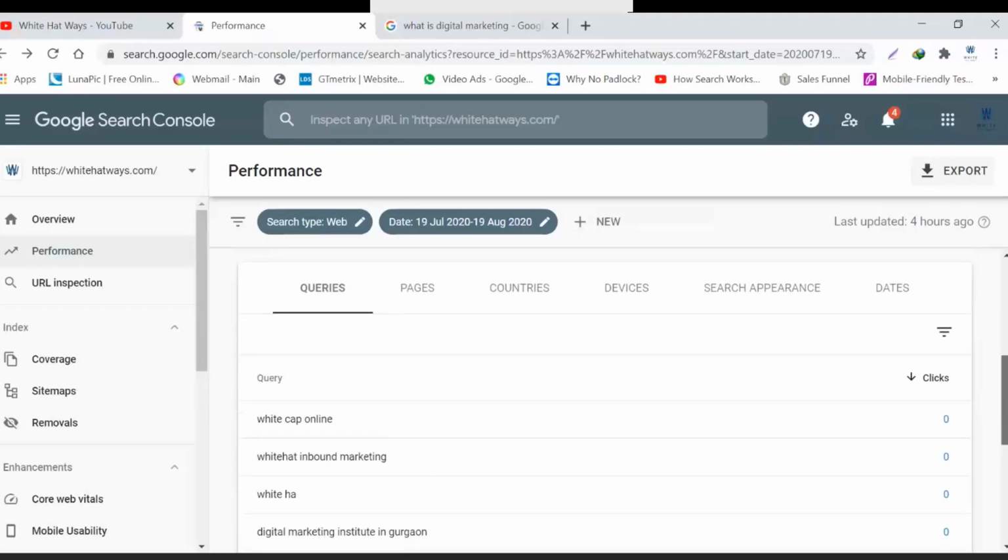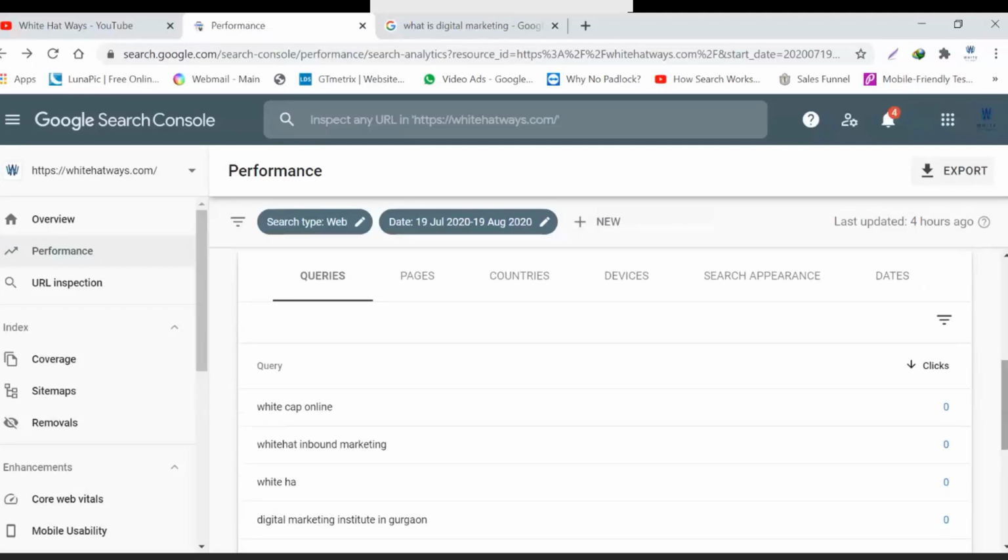Search queries are those queries which people or the audiences are searching for in the search engine, that is Google in this case. So people are typing these search queries, and in lieu of their queries, my posts, because of the keywords that my posts might have, are coming in front of them.